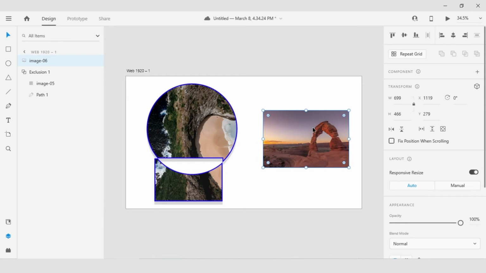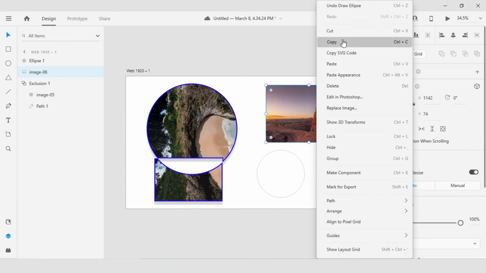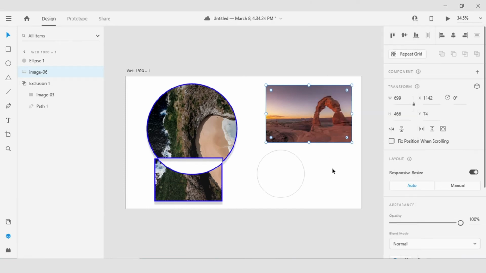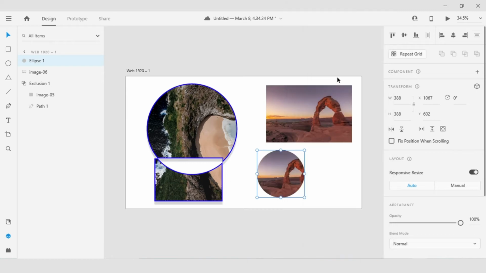I can also easily copy and paste images from one object to another. So real quick, if I came in here and grab my ellipse tool and made it a little more proportional, I can easily now go back to my selection tool, double click to get inside the mask that exists there. So I am at the image level. I'm going to right click and copy that onto the clipboard. Come out to my ellipse shape, right click, and once again I have to make sure I have the right selection state. I can then come in and paste appearance, which is going to add that masked image into my shape. Double clicking once again allows me to get inside the mask and place the actual image inside the ellipse.